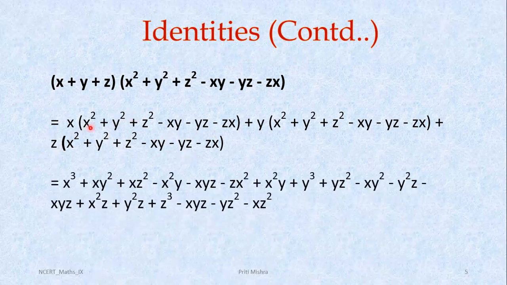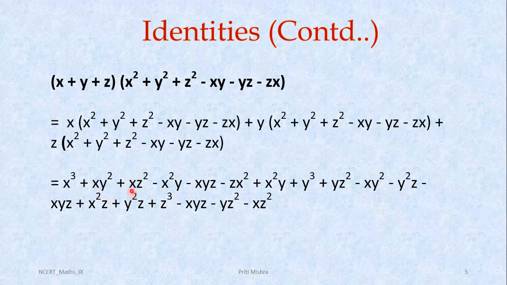After this, each and every term of this expression will be multiplied by x, and then all these expressions by y, and then all these expressions by z. Then we will have an equation like this. Now we have to arrange all these terms, which means we have to write all the cubic terms first, then the remaining terms. But you can observe here that all the square terms are getting cancelled out with each other. We have xy square with positive sign here, and here we have xy square with negative sign. So these both terms will get cancelled out.